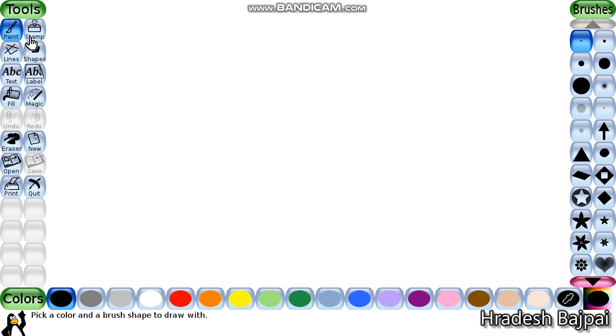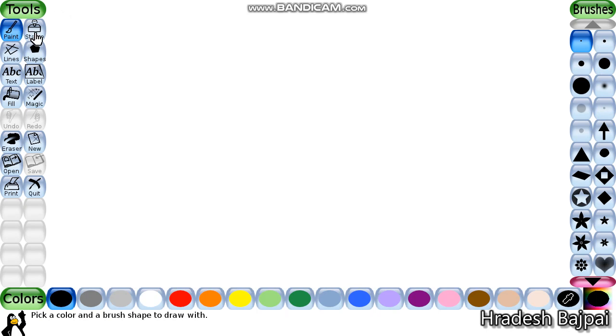Now see, this is the tools list. These all are called tools, and this whole bar is called the tool bar, and this side, these all are called selectors.